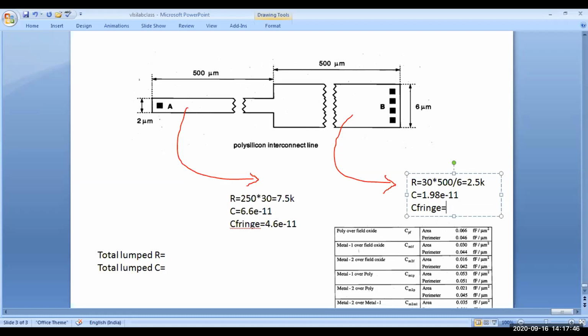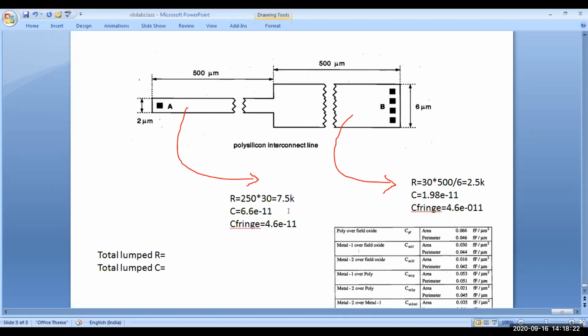Same. Yes, same. So now we got all the 1.38 values. What? 1.38 range. The total one. Oh, no, that's fine. By mistake. The fringe capacitance will be same for this. What are you saying? I don't understand. No, correct. Okay.